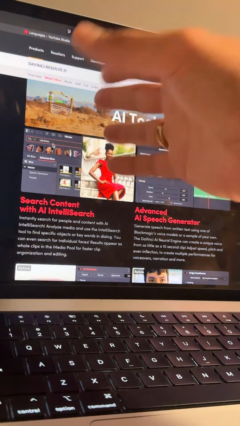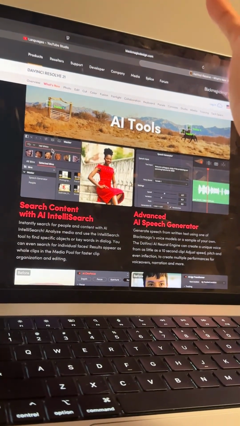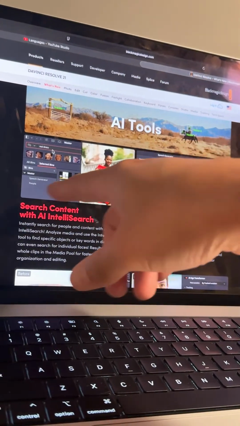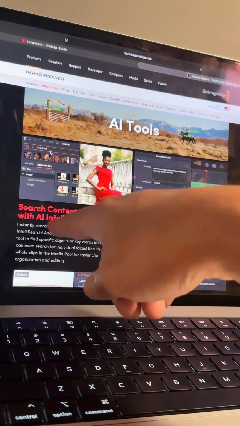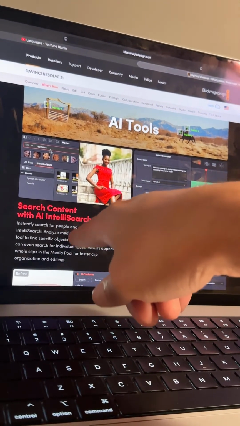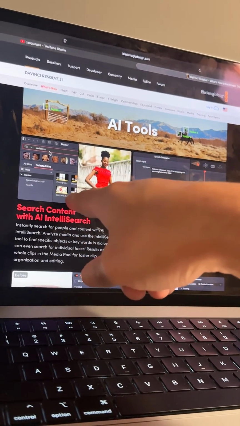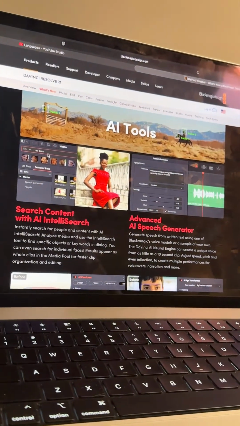And if you're working on a landscaping project and you have blocks or bricks or something, the IntelliSearch is going to help you find your clip quickly.